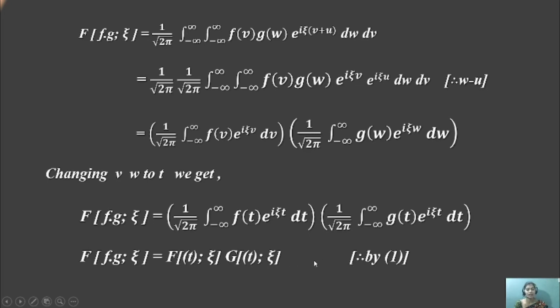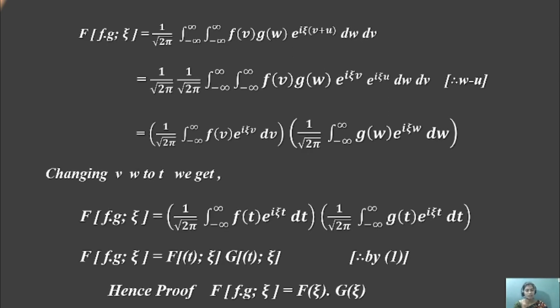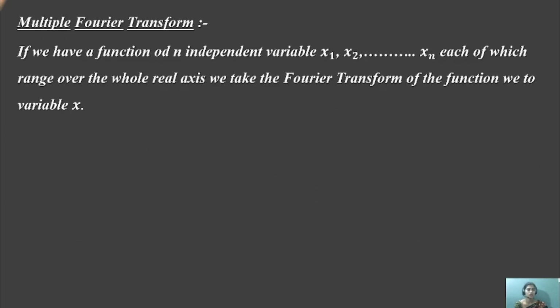This will be generated by the first equation. Hence, the proof: the Fourier transform of the function f * g at xi equals f(xi) times g(xi). Both of these will be considered as a theorem, the convolution theorem, or the faltung theorem. This theorem is also called the convolution integral, obtained as a sum of this formula. Both of these are explained in the form and separated to the condition to generate the functions f and g. Okay, let us start the next topic, which is the multiple Fourier transform.